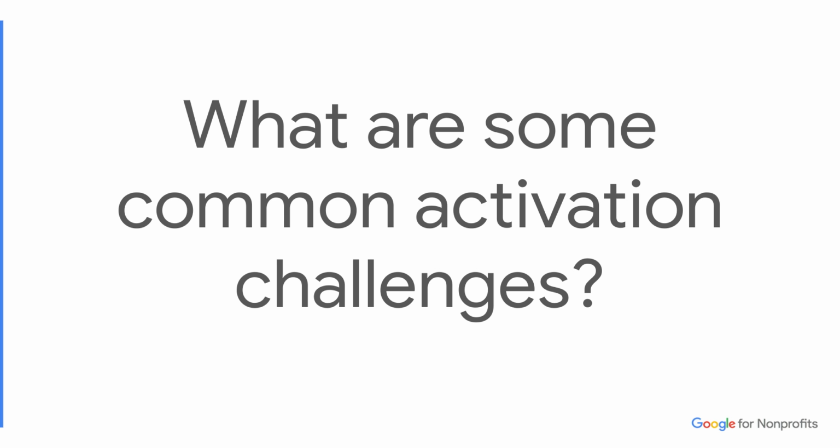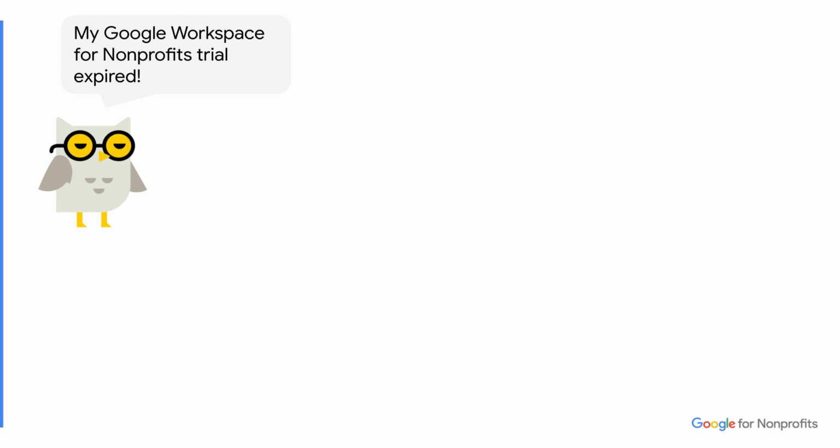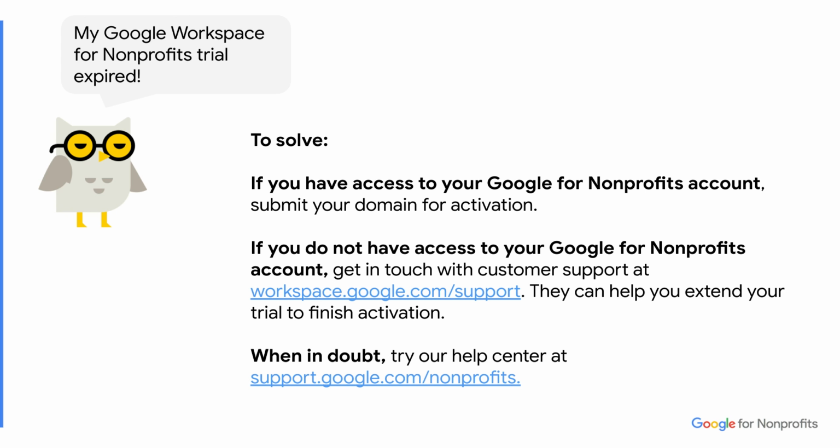So let's talk quickly about some common activation challenges. First, what happens if your Google Workspace for Nonprofits trial expires? Well, to solve this, if you have access to your Google for Nonprofits account, you can just submit that expired domain for activation. Our team will review, and once you're upgraded to the full Google Workspace for Nonprofits edition, you'll be able to log back in. If you don't have access to your Google for Nonprofits account for whatever reason, you can get in touch with customer support at